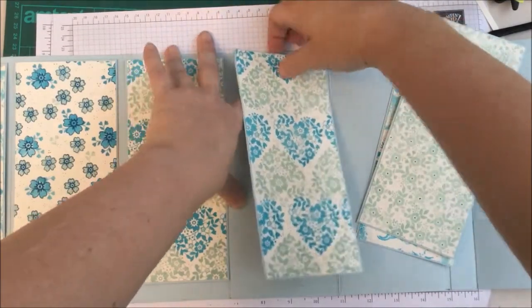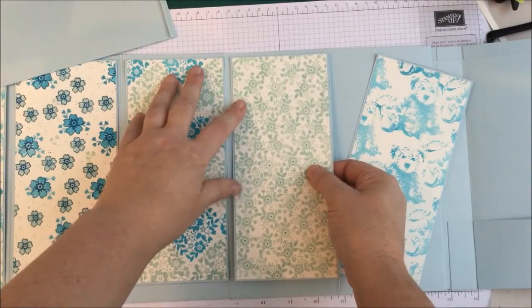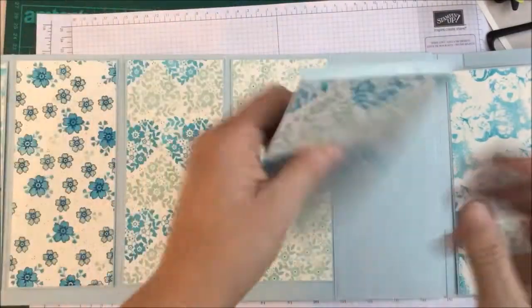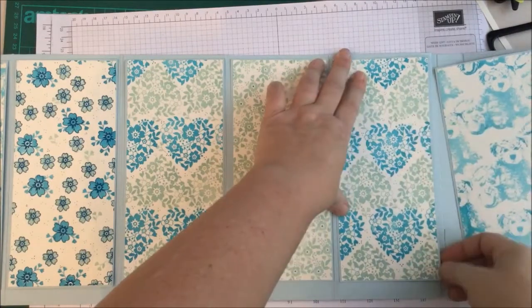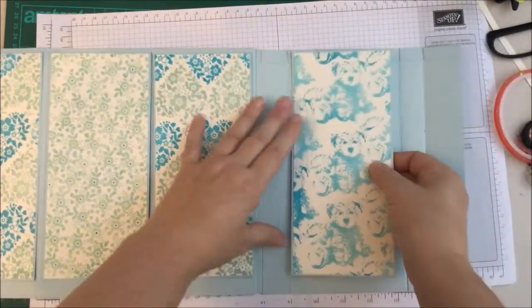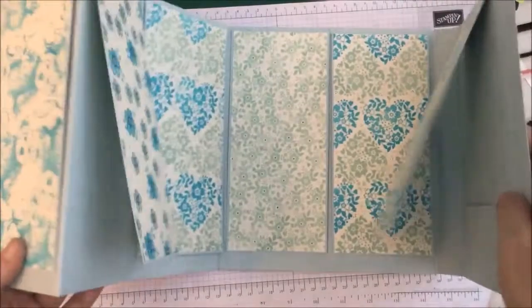You didn't tell me I was doing two the same pattern. That was a bit close. Right, and I want that one to end up there, so I'm going to pop this one down there. Now you will take your time with these, and you will be able to get over your work a lot better than I can get over mine. Oh, static. Right, so there. Okay, and believe it or not,